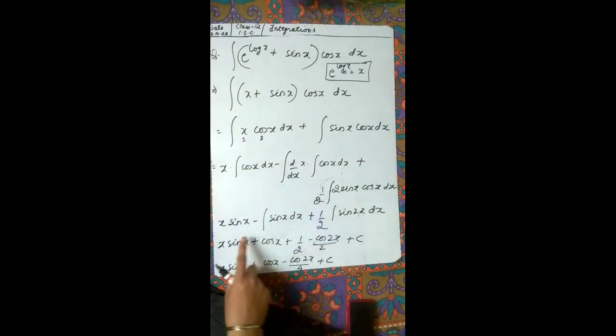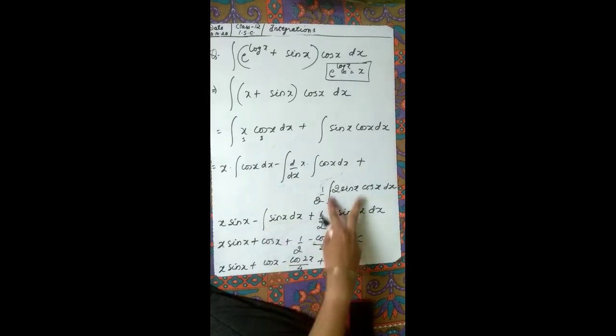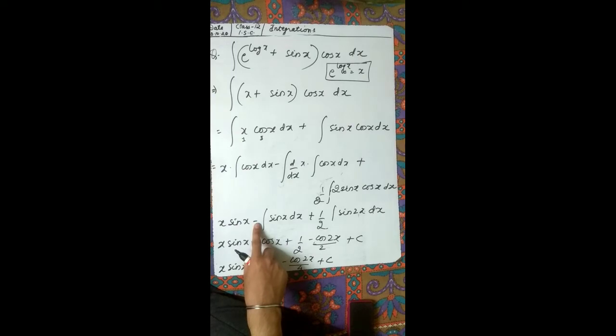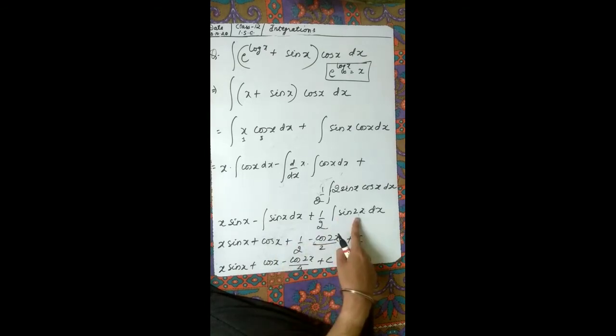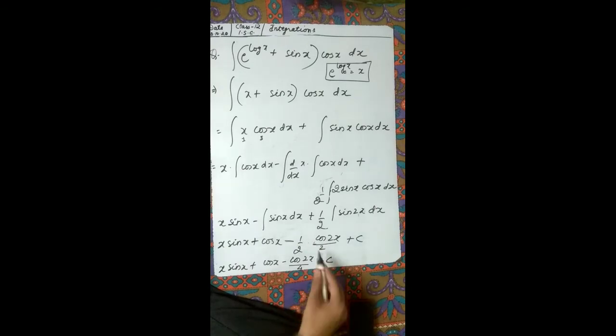Here the integration of cos x is (sin x minus 1) into sin x, because this will be 1 and this will be sin x dx, and this one I already explained, x sin x. We know the integration of sin x dx is minus cos x, so minus minus plus cos x, plus the integration of sin x is minus cos 2x upon 2, so this plus and this minus will become minus. In the next step, 2 2s are 4, minus cos 2x plus c, so this is the integration.